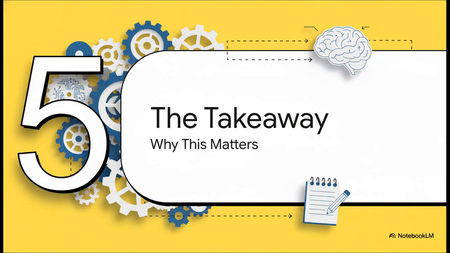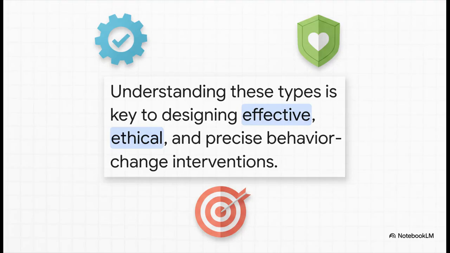So you might be thinking, this is interesting theory, but why do these specific distinctions actually matter in the real world? Let's talk about why this is so much more than just academic. For anyone working in behavior analysis, knowing these differences is absolutely essential. It allows us to design interventions that are not only effective, but also ethical and precise. It means we can often use the least intrusive methods necessary. For example, using a learned social signal, which is a conditioned punisher, instead of something aversive and unconditioned.